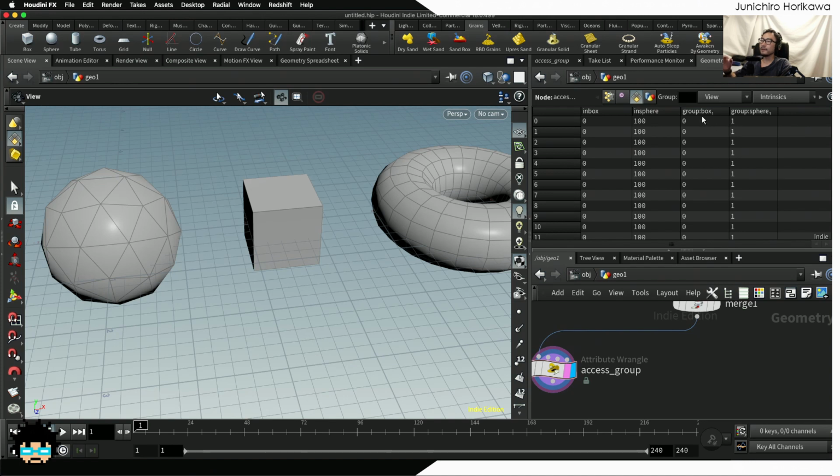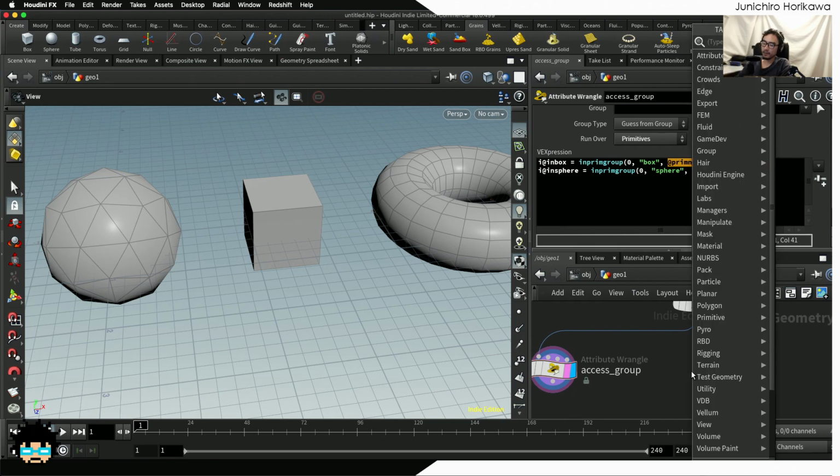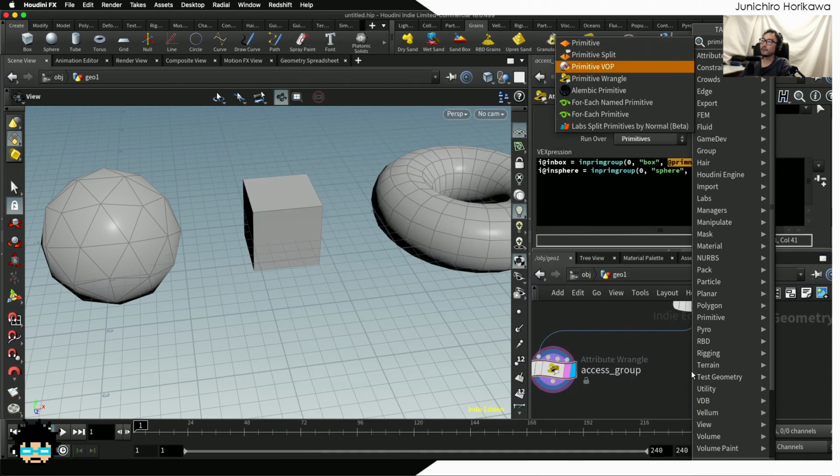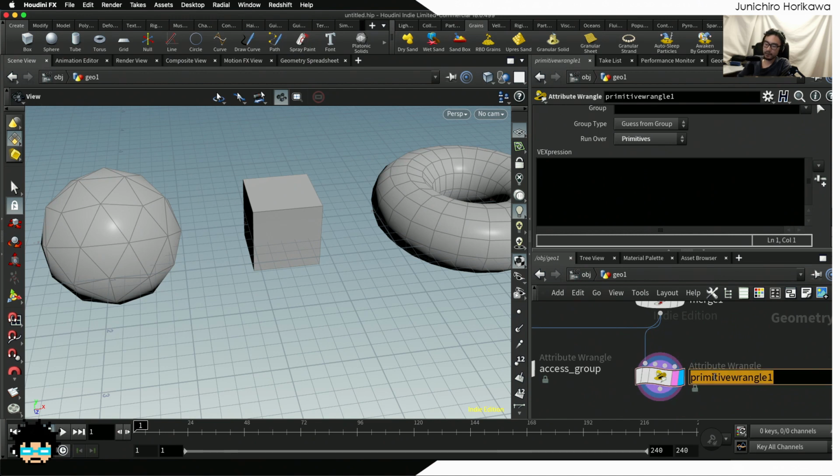So basically for the box you only have 6 faces, so if you try to check the number of faces or primitives inside this group box, the result should be equal to 6. And there are functions you can use to retrieve that kind of information, and let's try to use that for primitive. I'm going to set a primitive wrangle, and I'm going to name this number of prims in